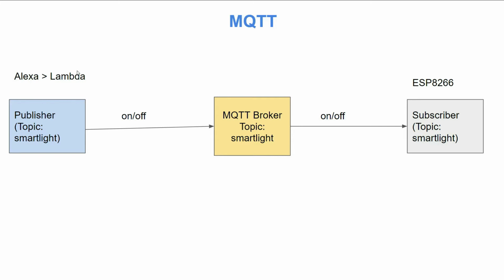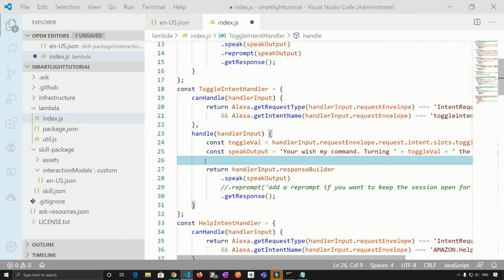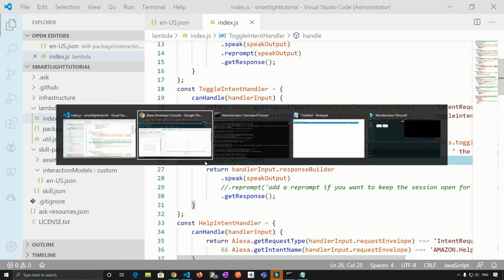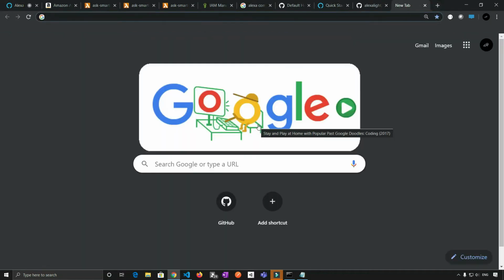So there were programming options like Node.js, Python. So we chose Node.js. So now here we need to write our code for MQTT in Node.js. That's the only thing which is left, and after that we are good to go. So in our code, this is the place where we need to implement MQTT. Now let's see how the MQTT implementation goes in Node.js.